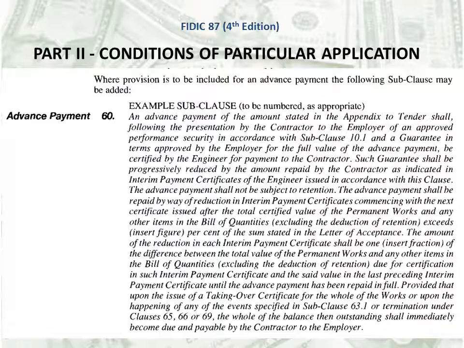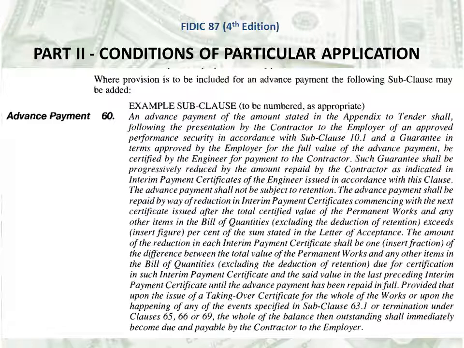It says, where provision is to be included for an advance payment, the following subclause may be added. Example subclause to be numbered as appropriate. Advance payment 60. An advance payment of the amount stated in the appendix to tender shall, following the presentation by the contractor to the employer of an approved performance security in accordance with subclause 10.1, and a guarantee in terms approved by the employer for the full value of the advance payment, be certified by the engineer for payment to